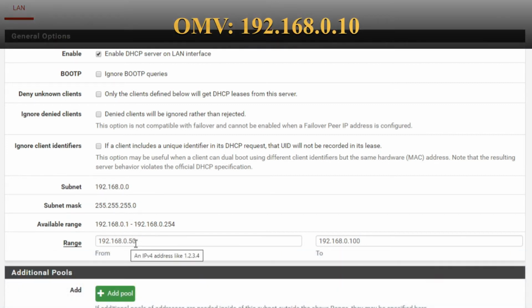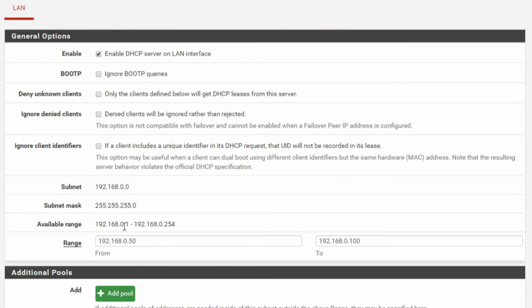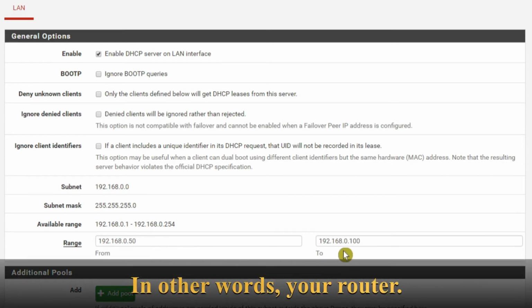Now in your router, your range might quite possibly take up most, if not all, of these addresses. So what you'll want to do is change the range here, like I've done in this router, to just use a smaller amount of those addresses. You could do the same as me, where I've allowed the 50 to 100 addresses to be issued by the DHCP server. So if you just change those to reflect the numbers you want in yours,